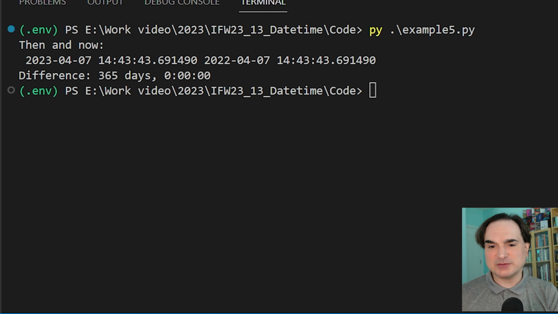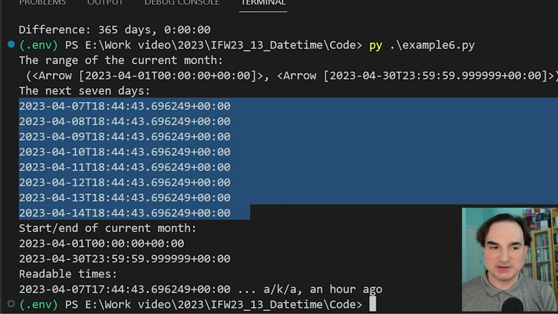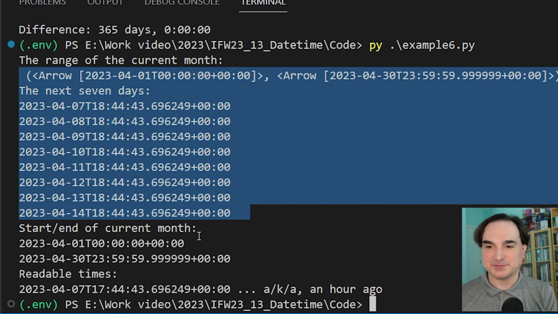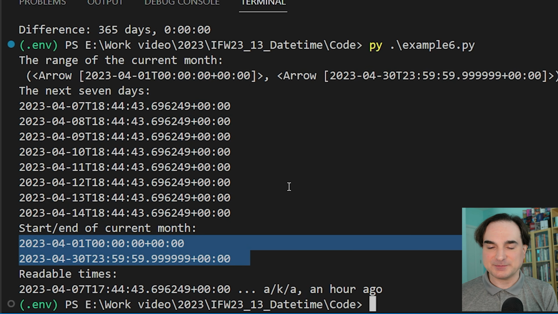Finally, it is worth considering using another library that replaces datetime. One such library is called Arrow. It's a third-party drop-in replacement for datetime, but it adds a number of other conveniences that datetime does not give you. For instance, you can get the range of a given time unit, like a month, or you can iterate over a time or date range a unit at a time, like a day at a time or an hour at a time. And another thing you can do is you can get the floor or the ceiling of a time range, like the first or last day of a month.